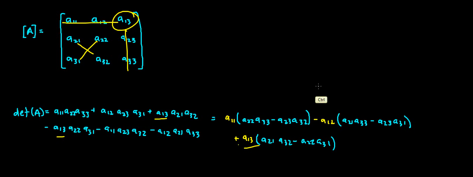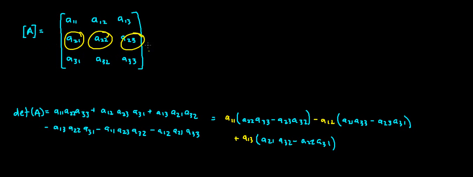And if you go along a different row, say this one, then you would factor these ones out. If you go along a column, then you factor these ones out. And you're going to get the same thing every single time. You're going to get the appropriate 2 by 2 determinant multiplied by this entry. And that's where this cofactor